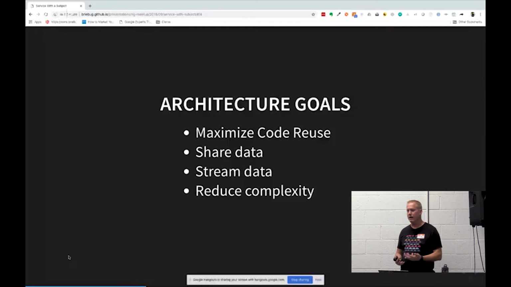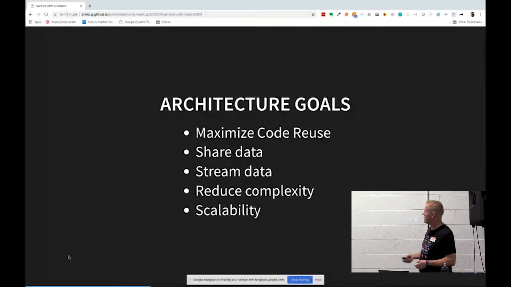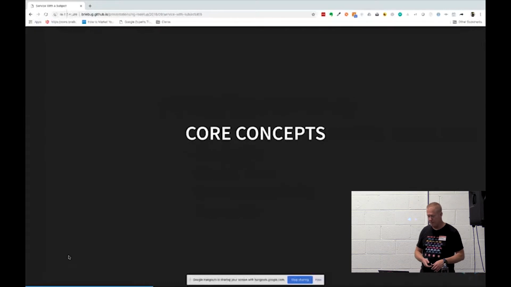If we're writing really complex applications that are difficult to add on to and maintain, that's kind of defeating the purpose here. The other one is scalability. These applications need to be able to scale. So kind of similar with what we were just saying on reducing complexity. They need to be scalable. We can add to it. We can take it to NgRx if we want to, or we can continue to make more complex pages within our application if we need it.